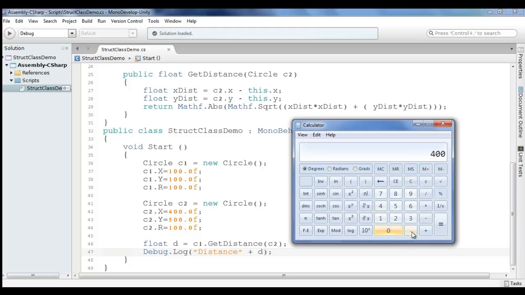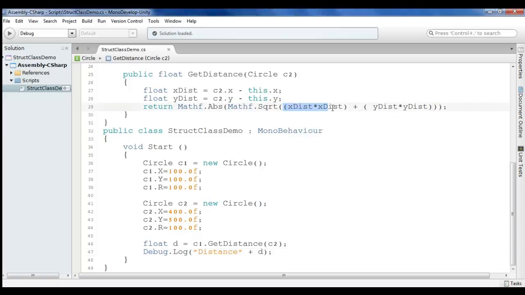Similarly 400 multiplied by 400 is equal to 160,000. That is y square. y square plus x square, 90,000 plus 160,000, we get 250,000.